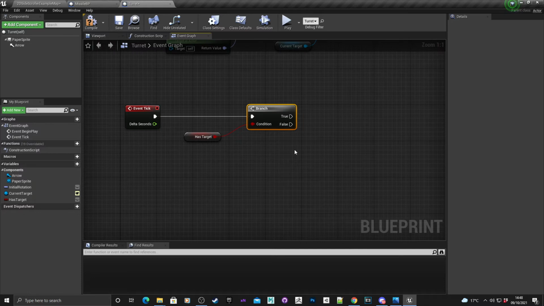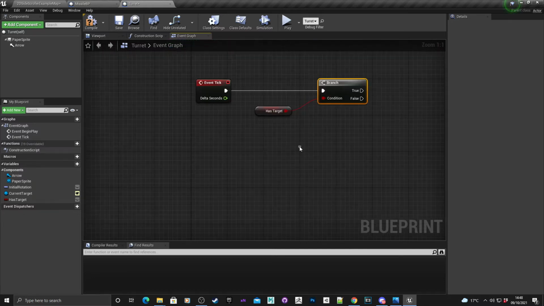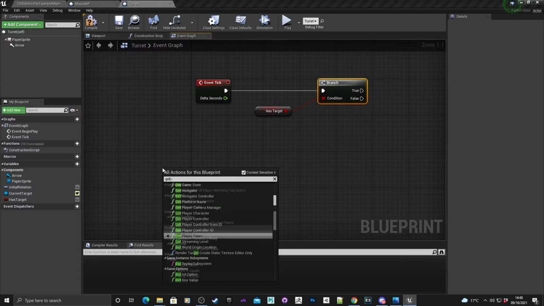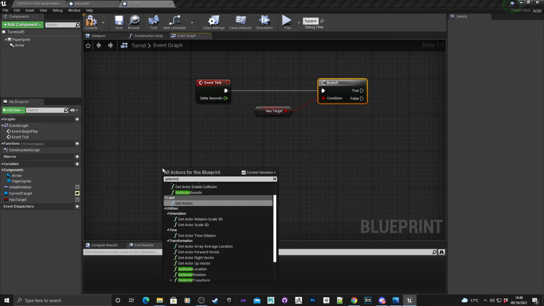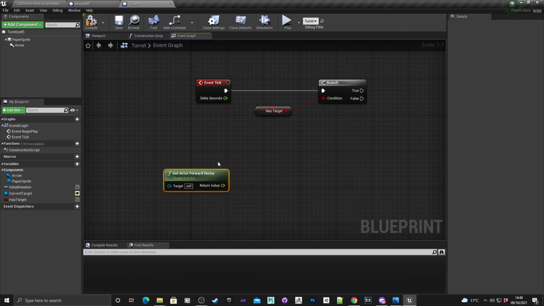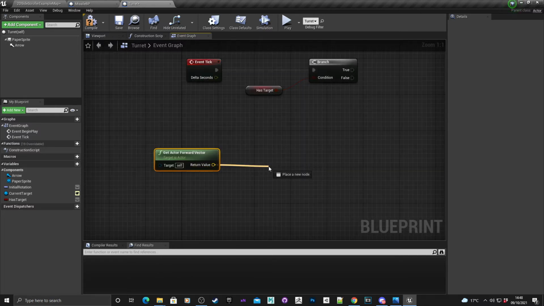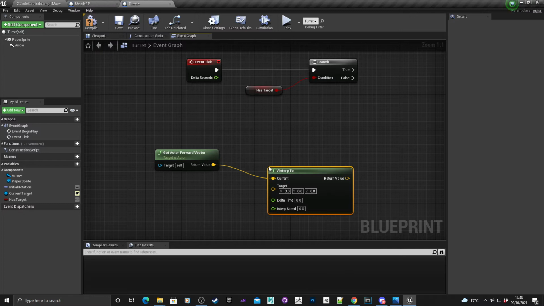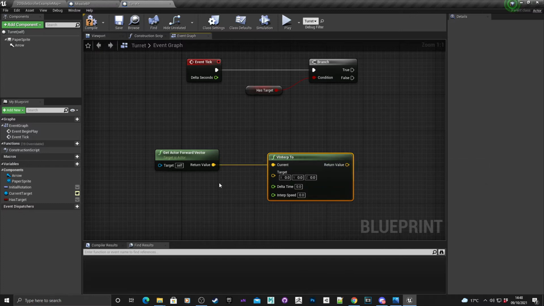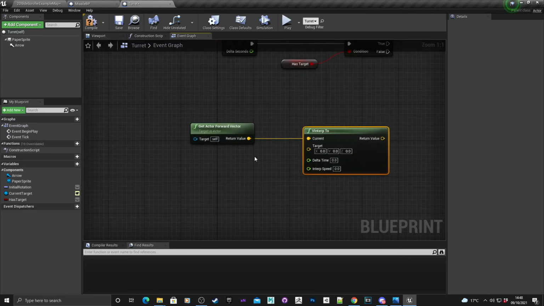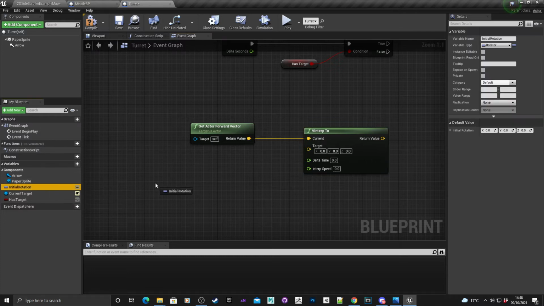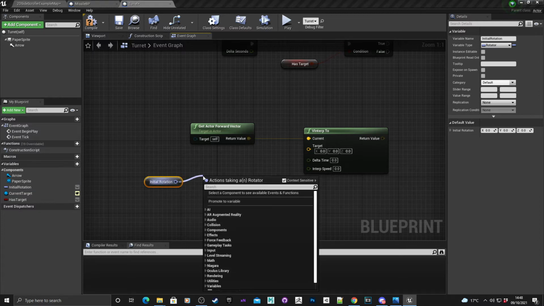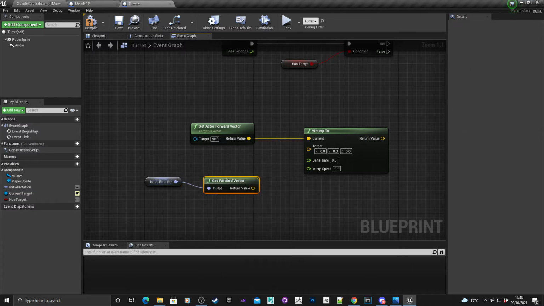If it doesn't have a target, then we ideally want the turret to rotate to where it needs to go. So what I'll do is get the actor forward vector. From that we want to vector interpolate to, and we need a rotation to send so we can rotate back to that. And of course, because we want to go back to where it started, we're going to use this initial rotation, get the forward vector for that,